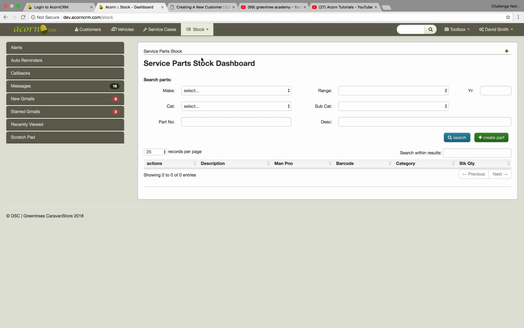Okay, we're now in the stock part of the system, and basically this is a simplified stock control system. It will grow in complexity, no doubt, as time goes on, but it basically provides the ability for us to record what we've got in stock that we can use for fitting to vehicles, etc. And it is divided into three. There are three stock control systems, one for the after sales department, one for the retail shop, and one for the body shop. So what we're looking at here is the after sales, the service department's parts department stock